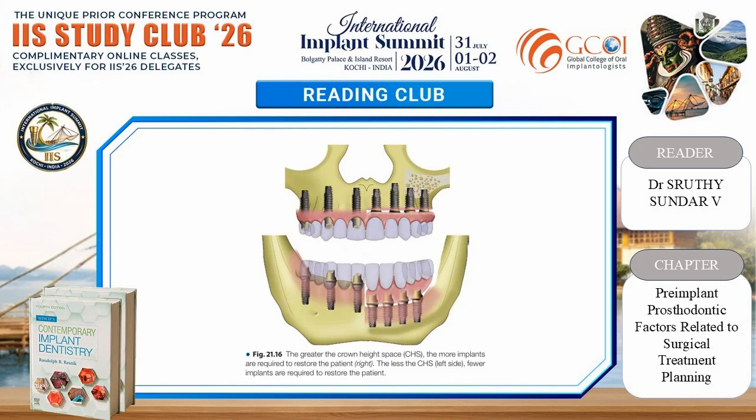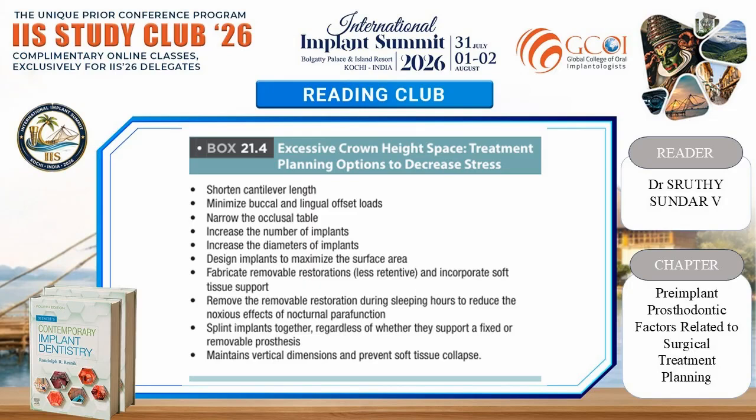The greater the crown height space, or CHS, the more implants are required to restore the patient. The less the CHS, the fewer implants are required to restore the patient. Excessive crown height space treatment planning options to decrease the stresses are: shorten the cantilever length, minimize buccal and lingual offset loads, narrow the occlusal table, increase the number of implants, increase the diameter of implants, design implants to maximize